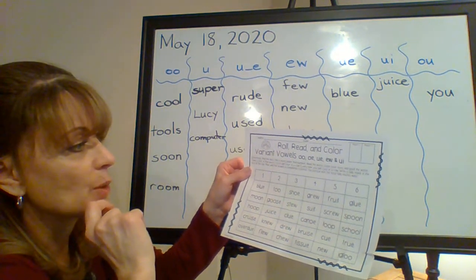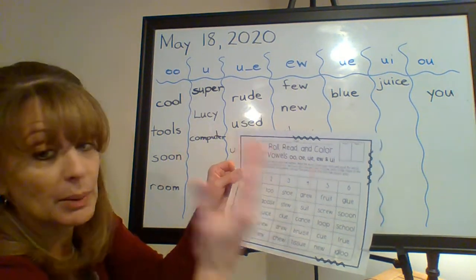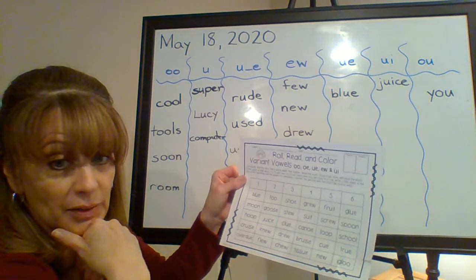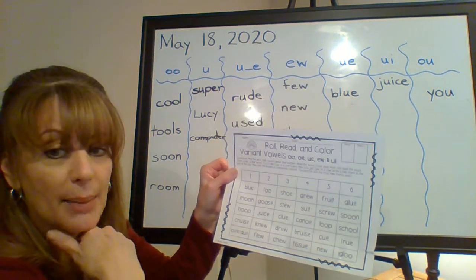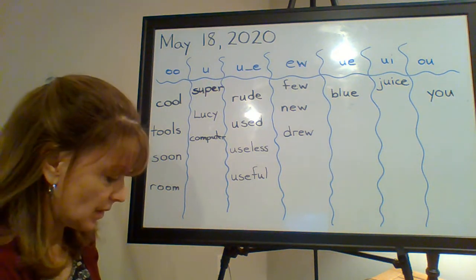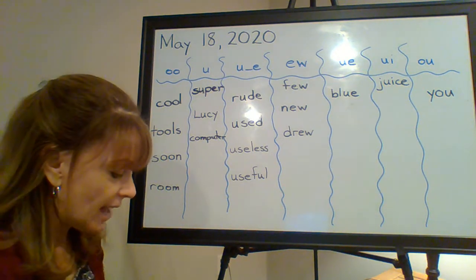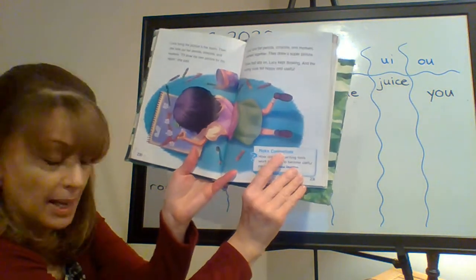Every time you get 4 in a row, write a tally mark in the box at the top. You can play with someone else or you can play it by yourself. Doesn't matter. But it's just getting you to practice reading all the different combinations of letters that make the oo sound. You also have in your journal, you're going to answer this make connections